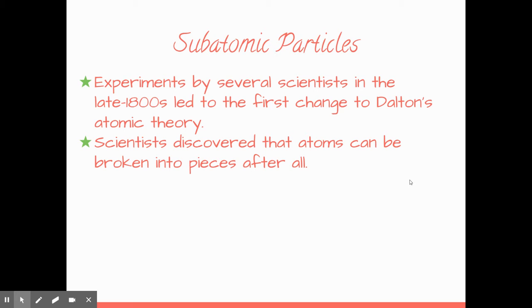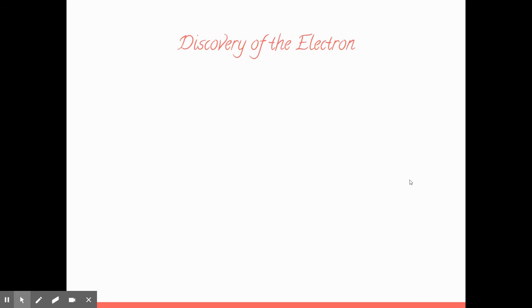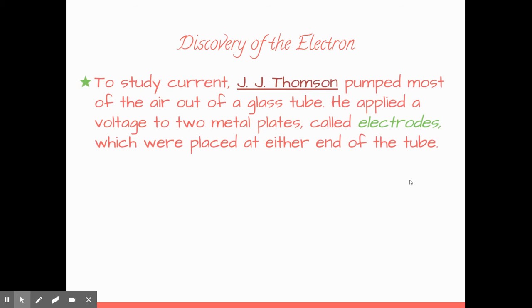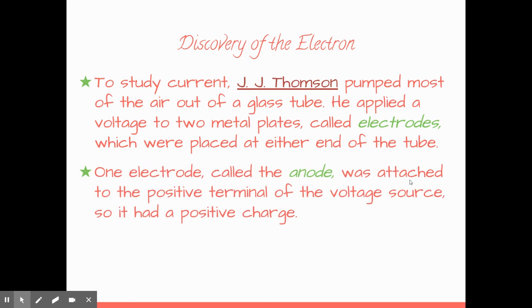So, Dalton at the time had thought that atoms were the smallest particles in the universe. And then later on, Thomson and Rutherford came to discover particles that were smaller than that. And so the discovery of the electron was made by J.J. Thomson. And what he did was he took a glass tube and he pumped a lot of the air out